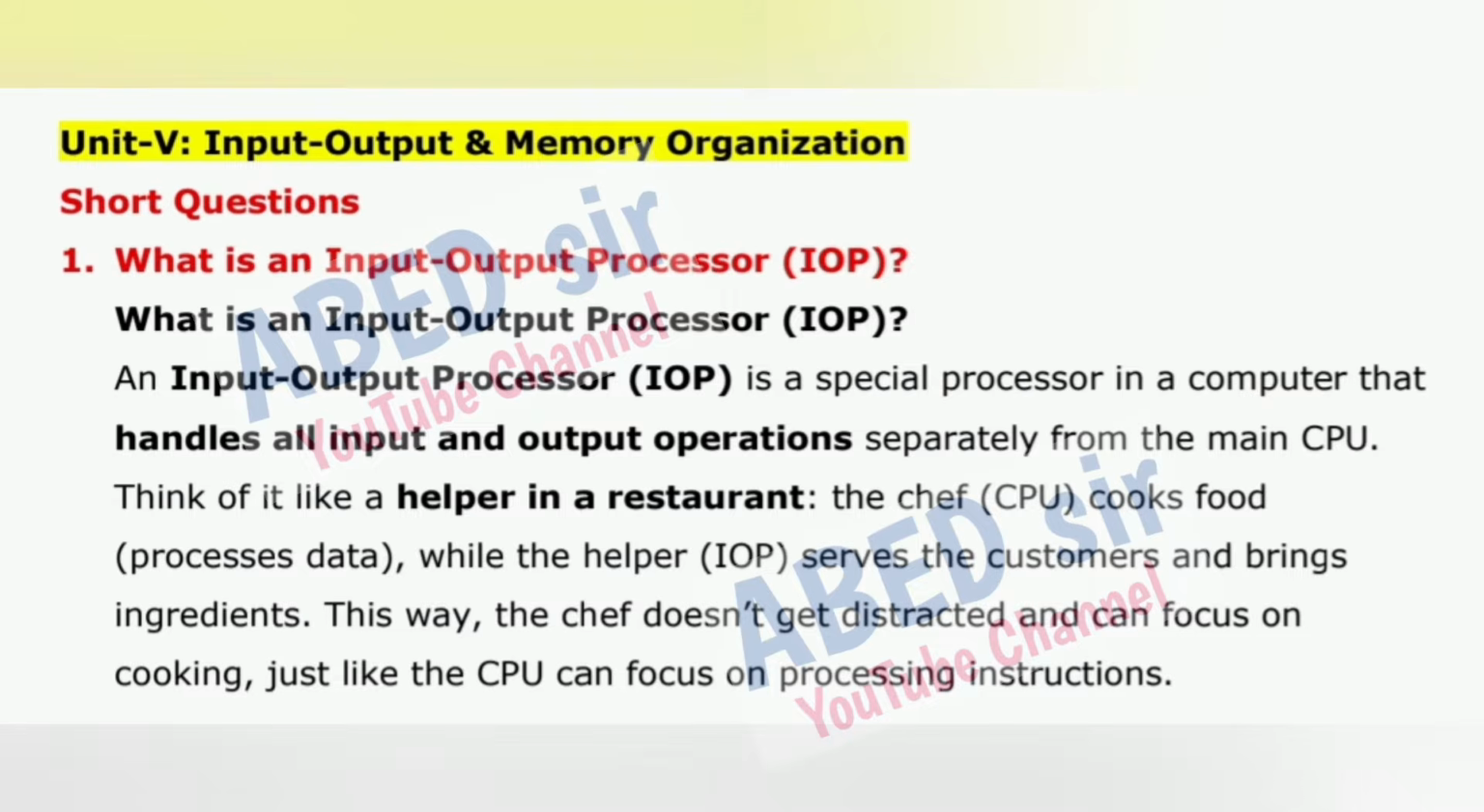An input-output processor, IOP, is a special processor in a computer that handles all input and output operations separately from the main CPU. Think of it like a helper in a restaurant. The chef, CPU, cooks food, processes data, while the helper, IOP, serves the customers and brings ingredients. This way, the chef doesn't get distracted and can focus on cooking, just like the CPU can focus on processing